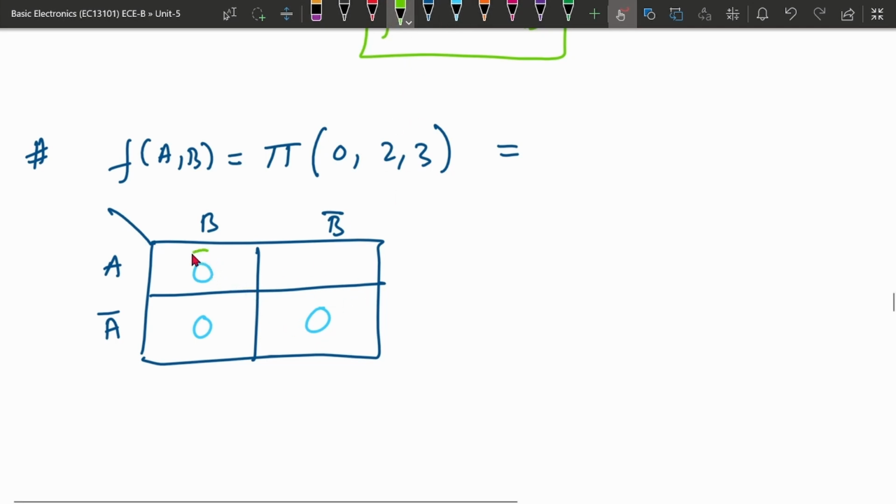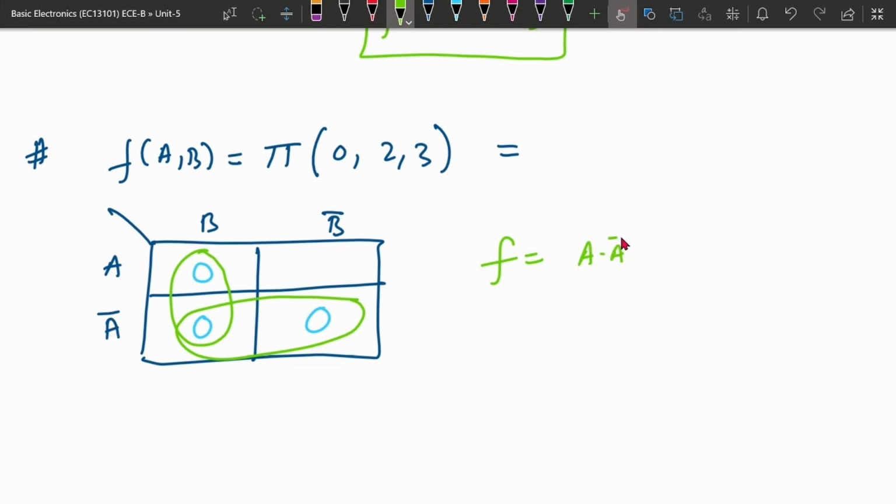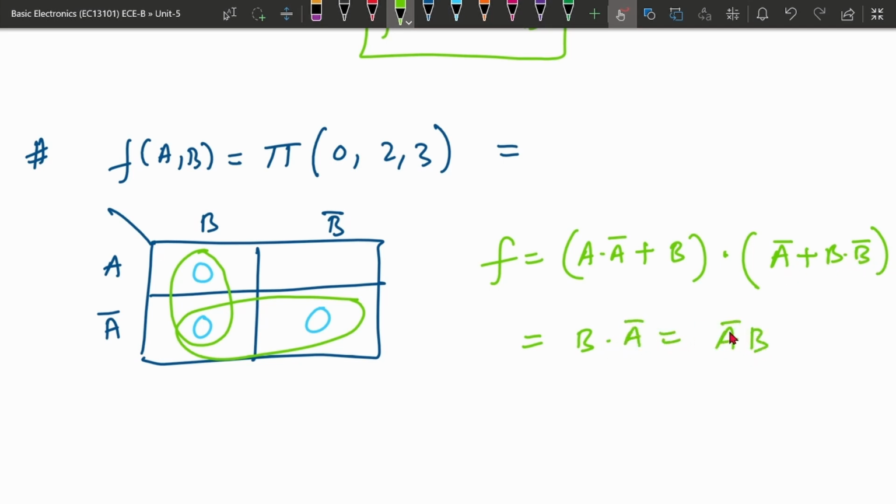Now we will be making the pairing. So pairing will be one pair here, another pair here. So with respect to one pairing, this one a dot a bar plus b, it will be multiplied by a bar plus these two terms, both terms are included means it will be b dot b bar. So this one is 0, so it is b dot, this is 0 means a bar, it is a bar b. Okay,